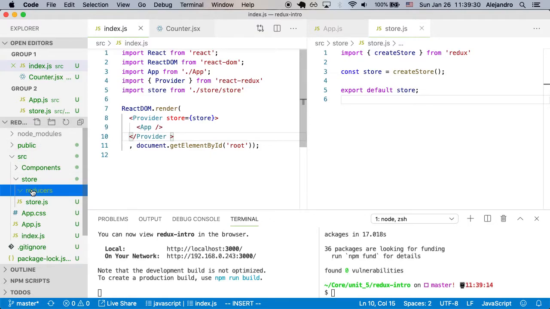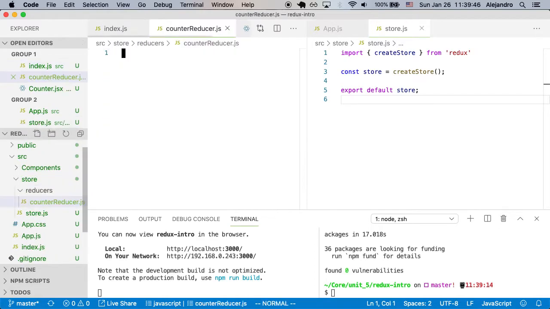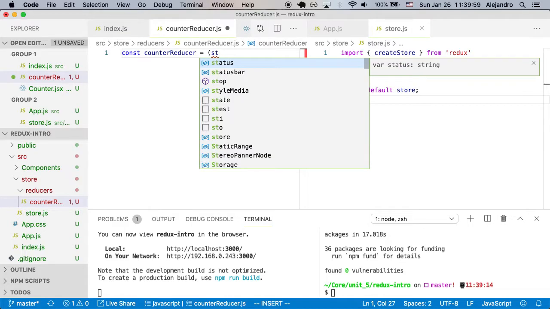In this case, we're actually going to have just one. And let's say, imagine we will have more than one. In the reducers folder, I'll keep a file called counterReducer.js. Then this is going to be a function, counterReducer, that takes in the store or state